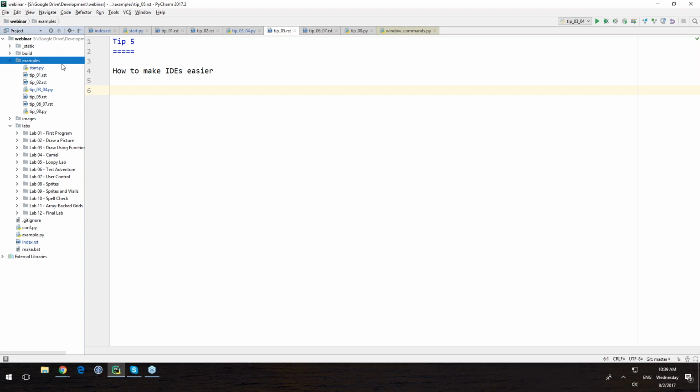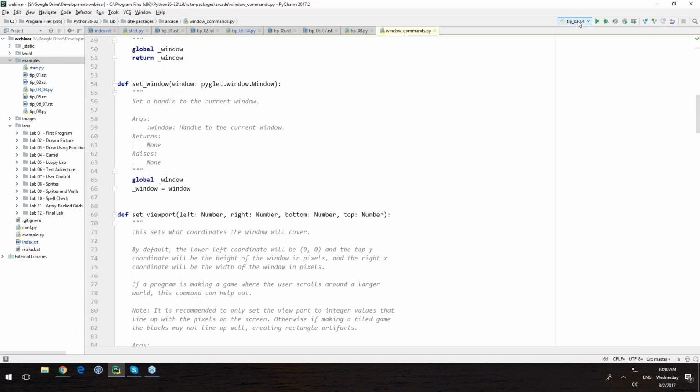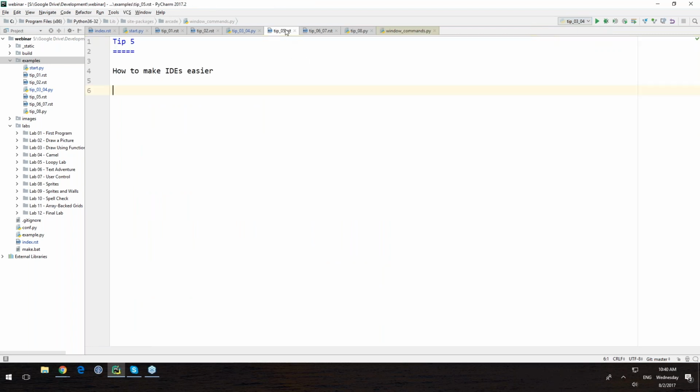The one thing that I really haven't figured out a magic solution to is it is not unusual for students to have a different program like this, and if they run it, as you can see right here, I'm going to run this program because I'm on a different configuration. Students do get confused about what program they are running. But in order to make IDEs easier, I strongly suggest getting the person set up with an IDE project to begin with, and then do all small sub-projects in folders underneath that. And in my experience, that has worked a lot easier.